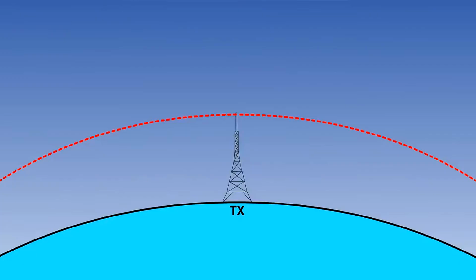Surface attenuation occurs when a wave travels over the Earth's surface. Its strength will be attenuated by contact with the Earth's surface, because the wave induces a voltage in the Earth, which takes energy away from the wave as it moves away from the transmitter. To reduce this attenuation, vertically polarized electric fields are used, which merely dip into and out of the Earth's surface, whereas a horizontally polarized field is in constant contact with the surface of the Earth, and the wave is completely attenuated within a short distance.